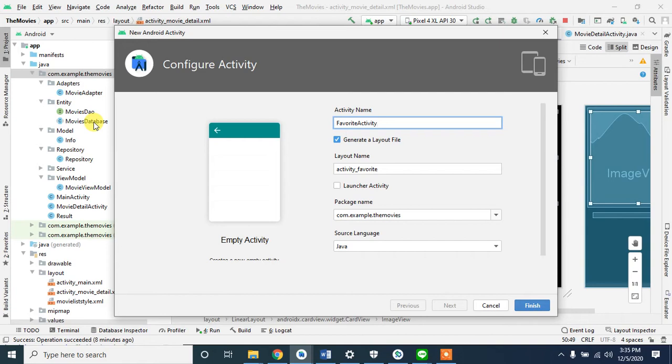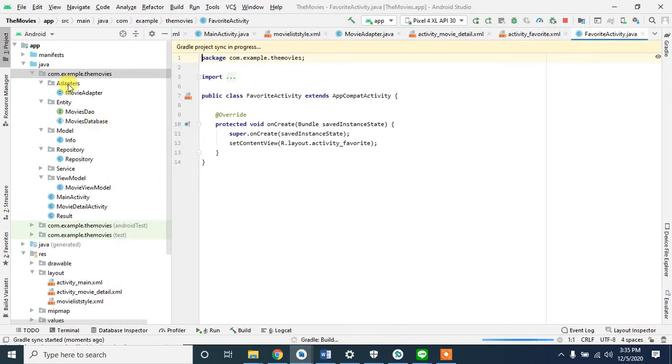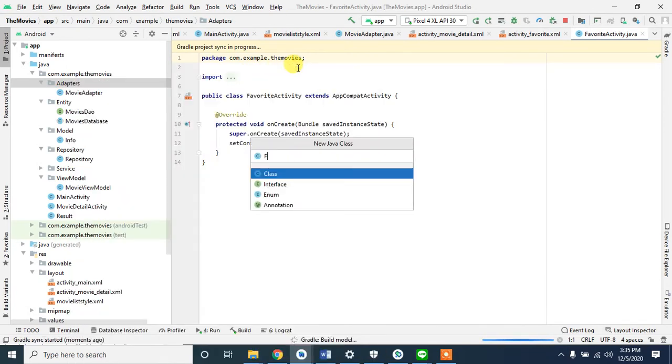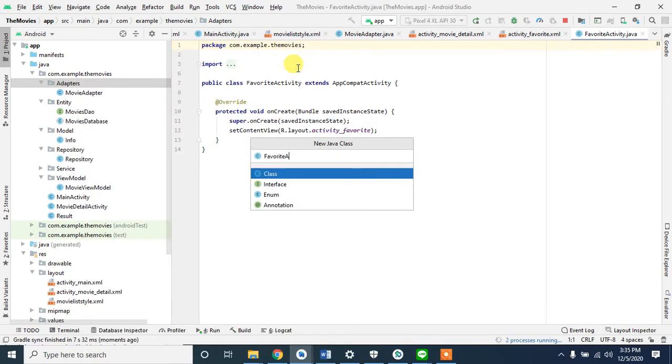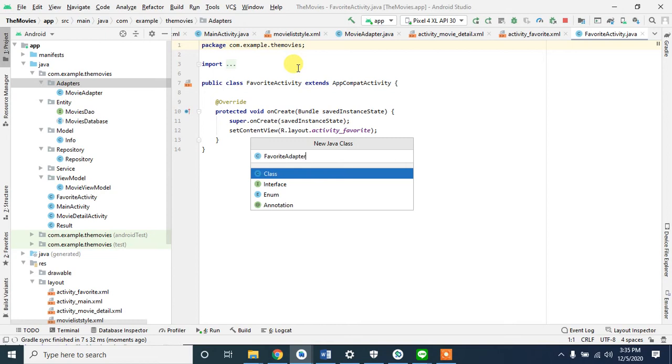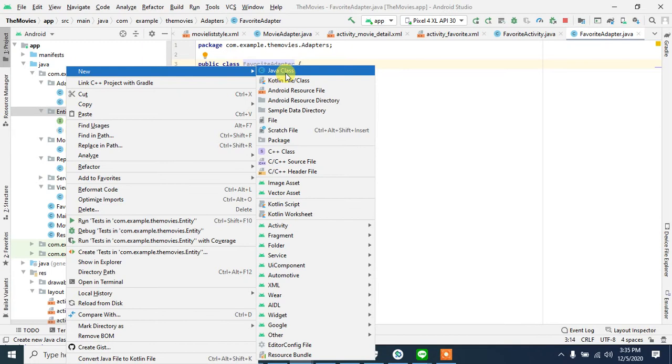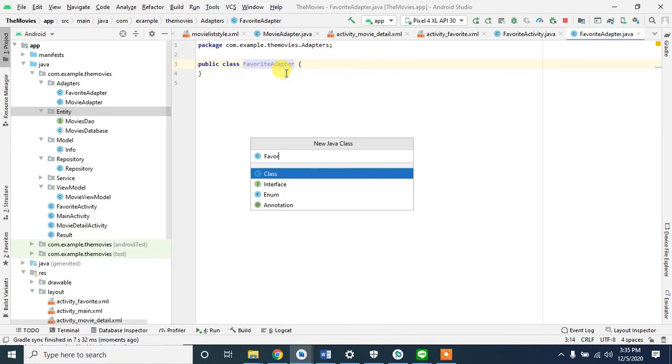And now we have to create a favorite database, where you have saved your favorites, that can be shown from there. So let's just generate a new activity, and I will also add a new adapter because we would need it. Favorite adapter, and let's just create another entity for us. Favorite movie database,